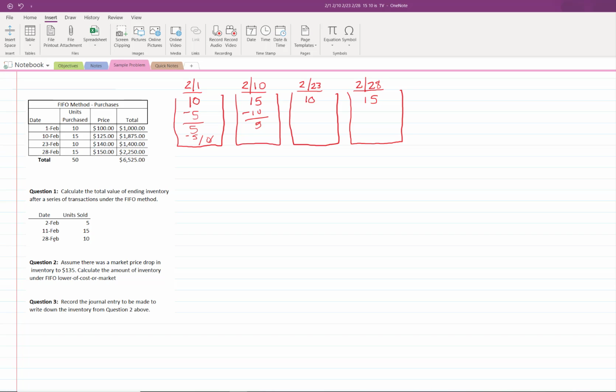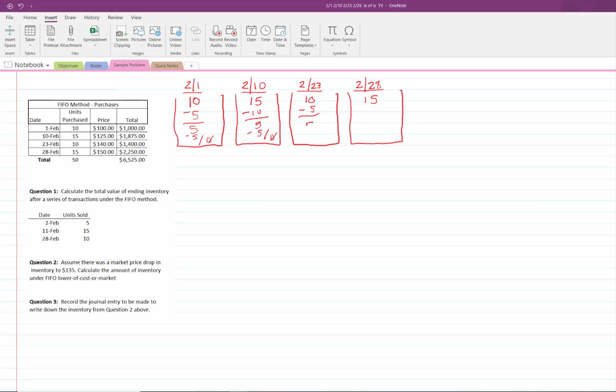So then on the 28th of February, we sell another 10 units. So going back to our oldest bucket that actually has some inventory left, our February 1st bucket doesn't have anything left here, so we have to go to our next oldest. So our February 10th bucket still has 5 units. So we're now going to use 5 of these units. And so we sold 10, we used 5, so now we need to pull the remaining 5 units from our